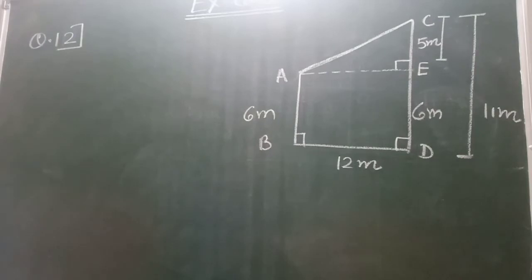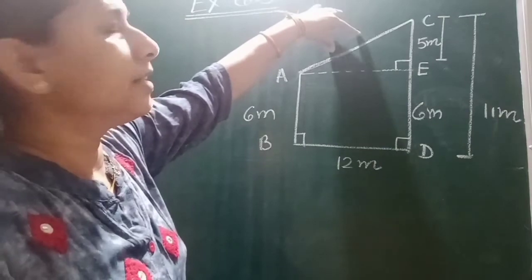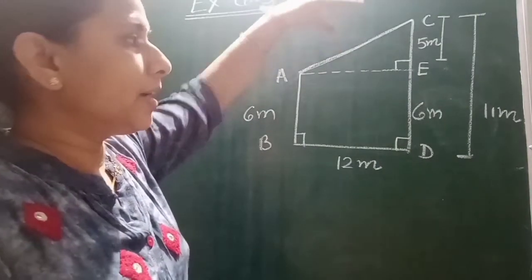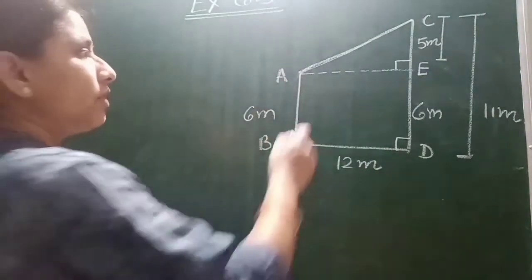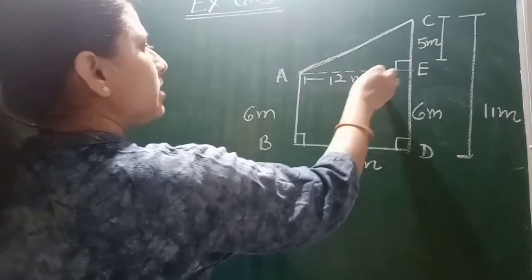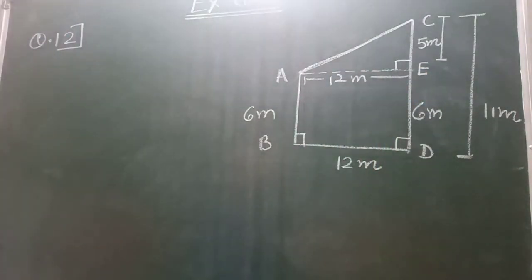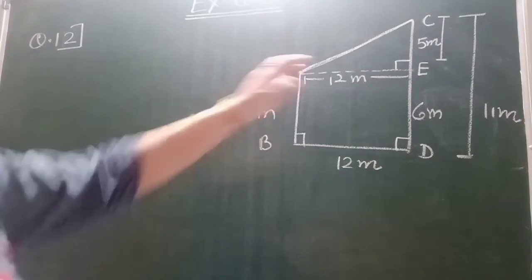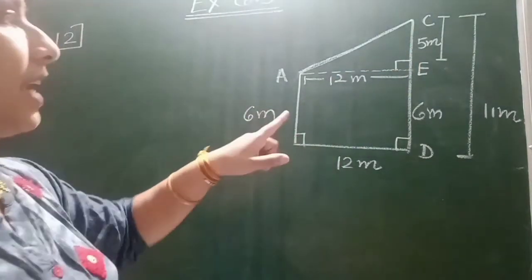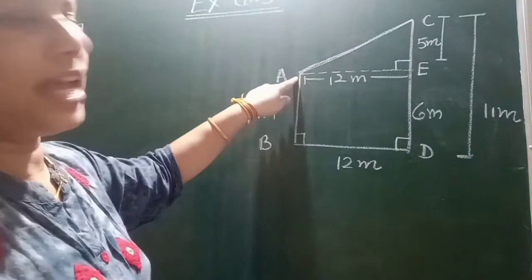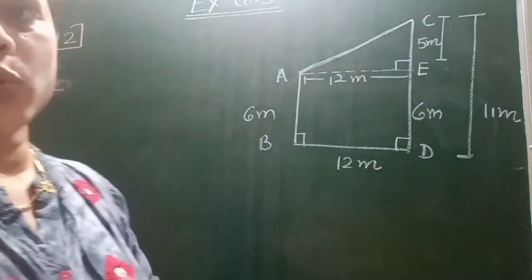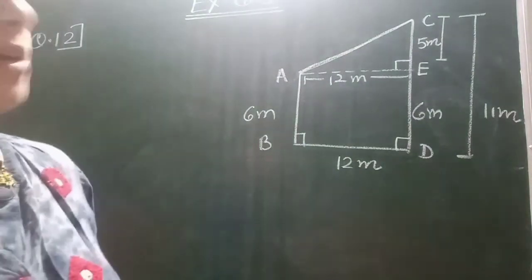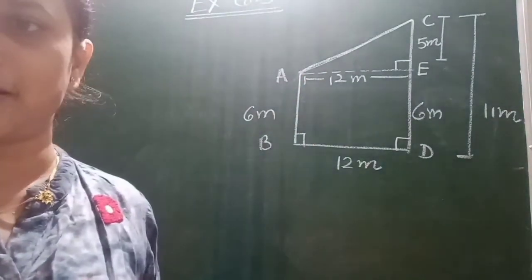So student, one by one we will apply here Pythagoras theorem because we have to find here this length AC. Okay, so since here BD equals 12 meter, this length AE will also equal 12 meter because this one is a rectangle and opposite sides of a rectangle are equal. So we can easily apply in this particular triangle. As you can see, triangle CEA is a right angle triangle where base is your 12 meter, height is your 5 meter. So we can easily apply here Pythagoras theorem and we can find the value of AC.